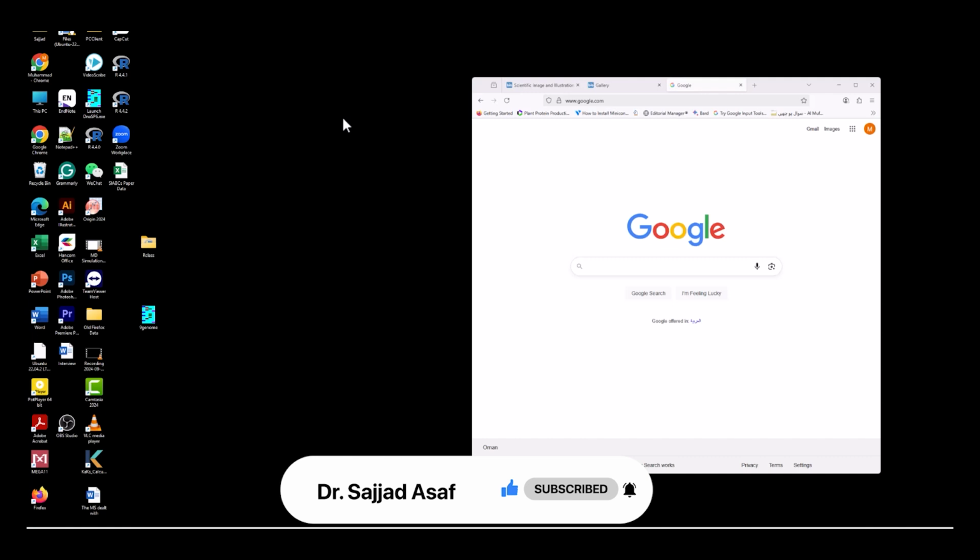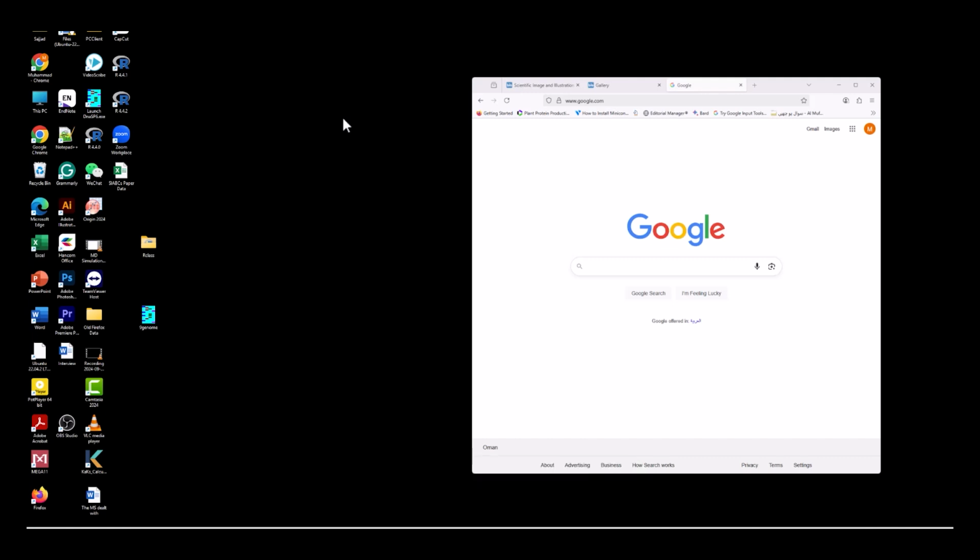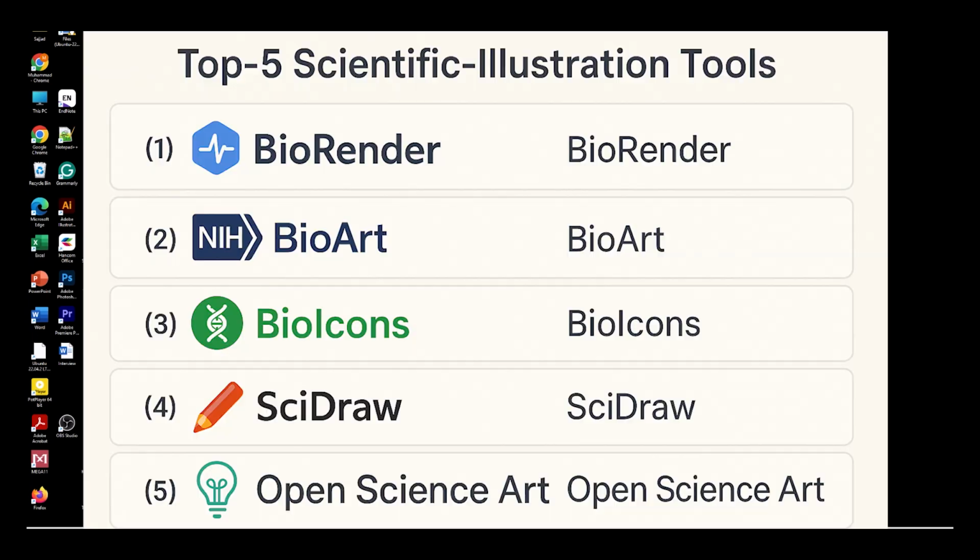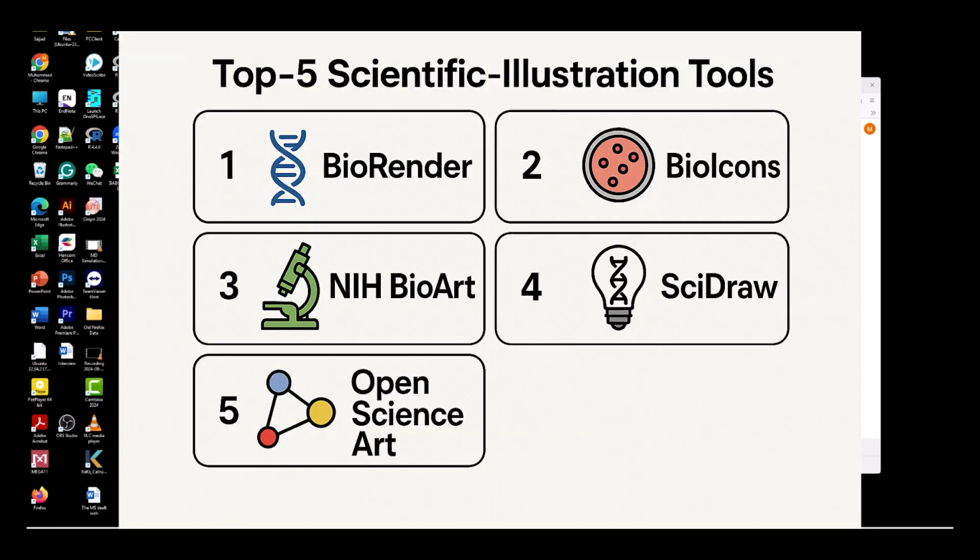If you are a researcher, student or any science communicator, you know that presenting your research visually can make a huge impact. So today we are going to discuss the top 5 software for creating stunning scientific illustrations and graphical abstracts. These tools are designed to help you bring your research to life, whether you are working on cell biology, plant sciences, animal sciences, chemistry related schematic reactions, or any educational graphics.